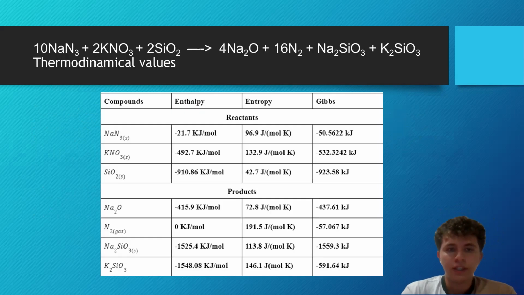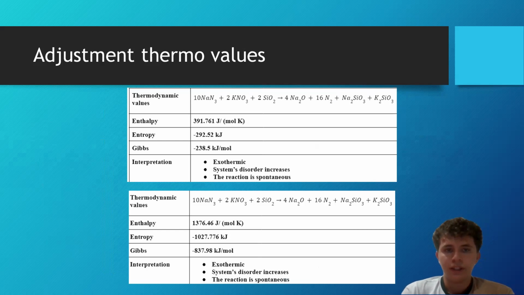So now, if we see here, in order to calculate the values of enthalpy, entropy, and Gibbs of the general equation, we need the values of each component, and we're going to be subtracting the sum of the products with the sum of the reactants. But we need to remember that in this case, the values are going to be changing because we are only using 2.6 moles of nitrogen, or in terms of sodium azide, 0.17, and in terms, or 6,